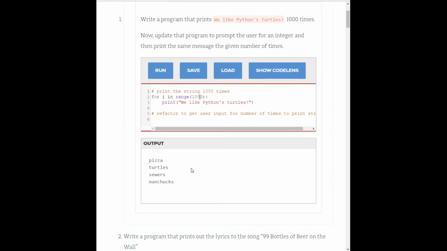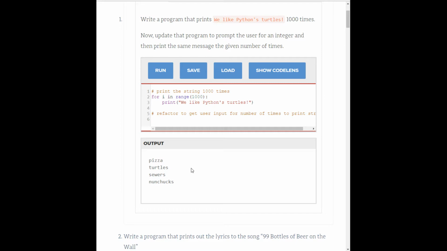But for our purposes, it doesn't matter what variable name you use here. Just know that if you're going to want to use that variable inside the actual for statement down here, you need to make sure that you're naming it something useful to you. In our case, we're not going to access this variable inside the for loop here, so we don't have to worry about it. So for i in range(1000), so saying from 0 to 999 inclusive, which is 1,000 times,